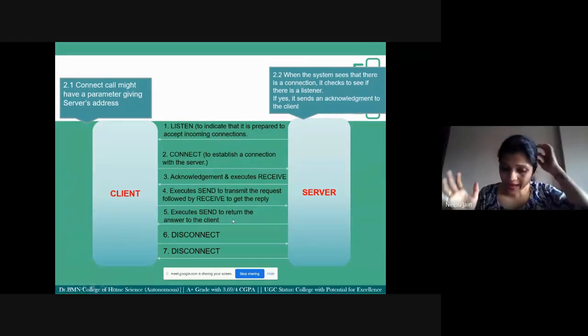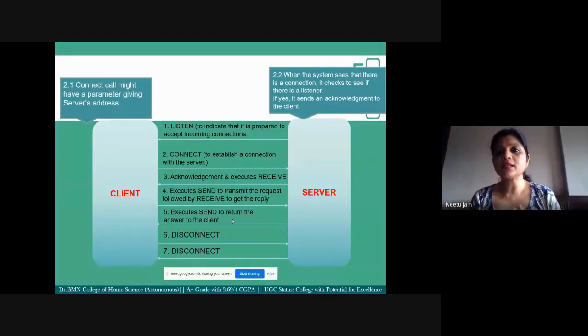So for any communication that has to happen between client and server, these primitives are necessary to be executed. Then only the packet transmission will happen here and there. When the acknowledgement is sent to the client, that time the connection has been established between the client and the server, a physical connection also. Now they are in contact. So now the client can transmit a request to the server, then the server will send back a reply. If there are multiple request replies, it will happen multiple times. If not, then the client will terminate it using disconnect. It's very simple.